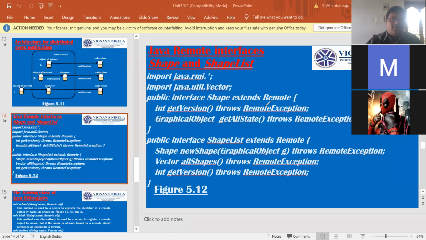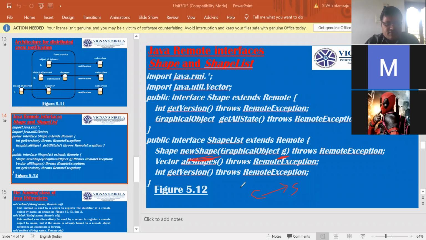So in our example, the client uses the newShape method to pass an instance of the GraphicalObject to the server.